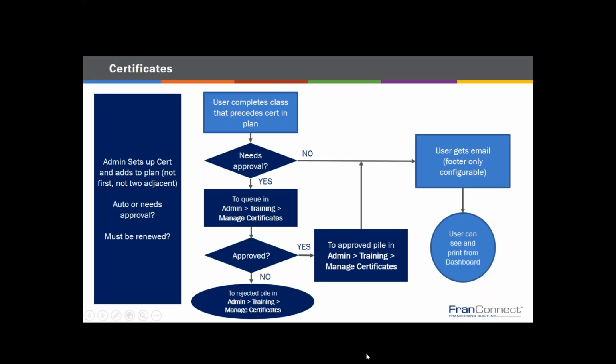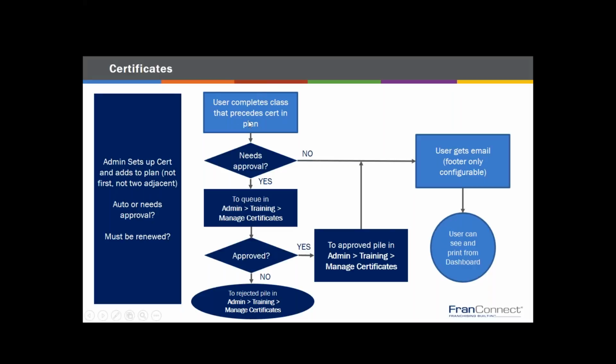And again, I have a couple of other customers who also do this. There's a practical thing. Yes, if you're going to be a swimming instructor, you need to demonstrate to me that you can do these pool skills. So what will happen then is they'll take all the preliminary courses and they'll pass whatever quizzes they have, and their record will wind up sitting in your queue to be approved. So you as the administrator will go in and look at the list of people who have completed a particular thing, and you will accept or reject it.